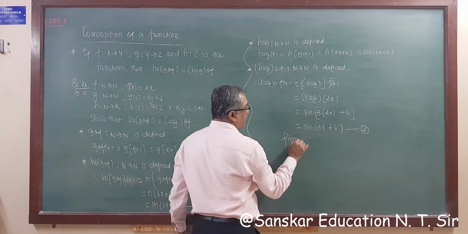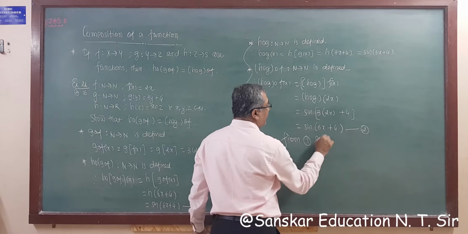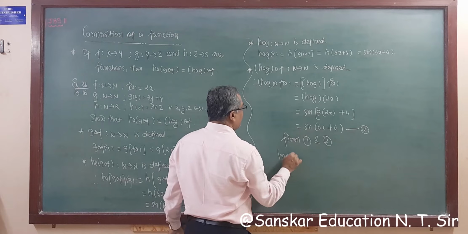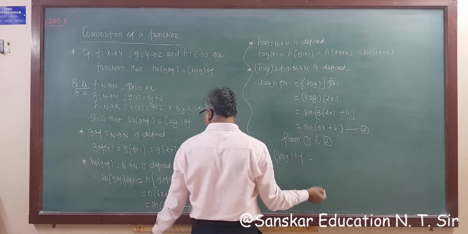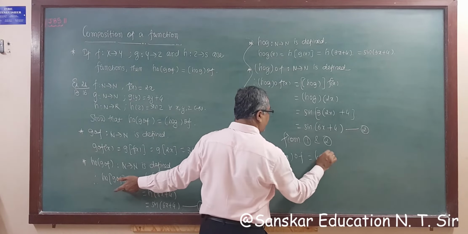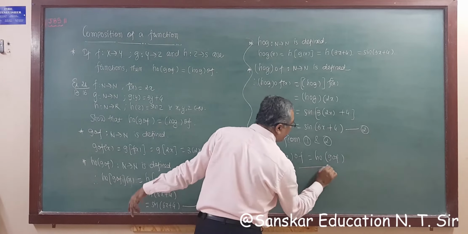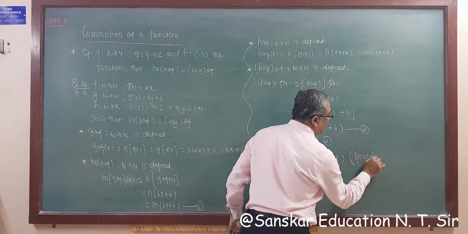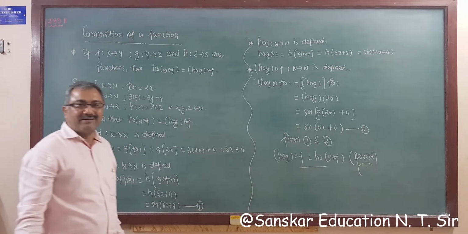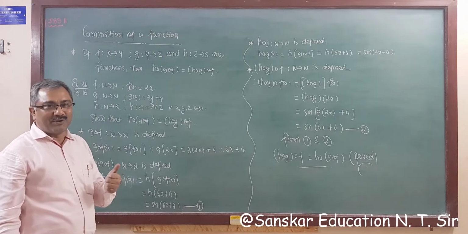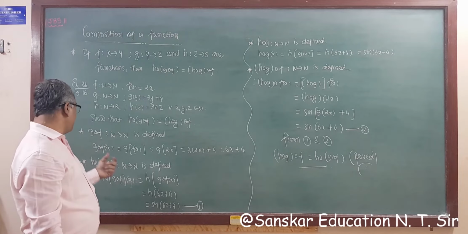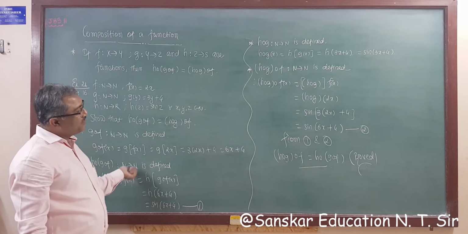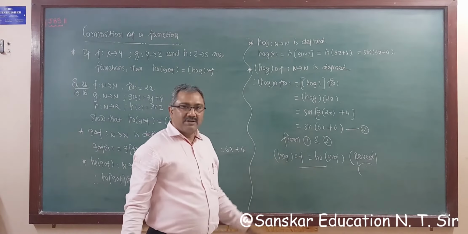So from 1 and 2, h over g over f is equal to h over g over f. They are equal. That is proved, right? So this is proved. This is an important question from the board exam point of view for 3 marks, right? Got it? Also, you have to note one thing. This is n to n. This is n to n, right? So both have the same numbers.